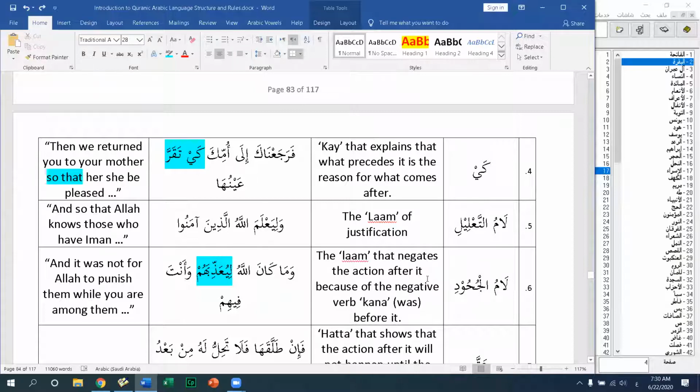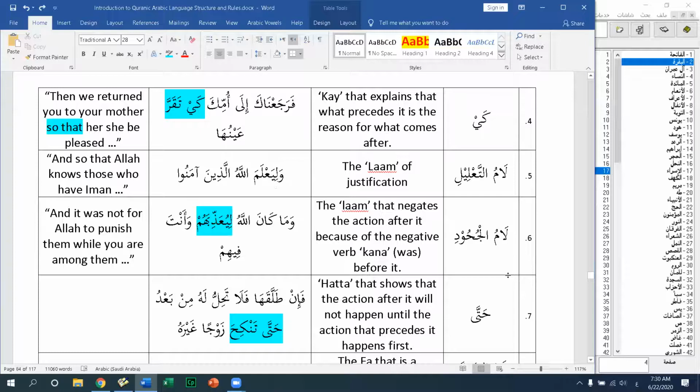So that's لام تعليلية. لام الجحود, the lam that negates the action after it because the negative form of kana was before it. Not negative verb, negative form of the verb kana. No, the negative form that is with ma. وَمَا كَانَ اللَّهُ